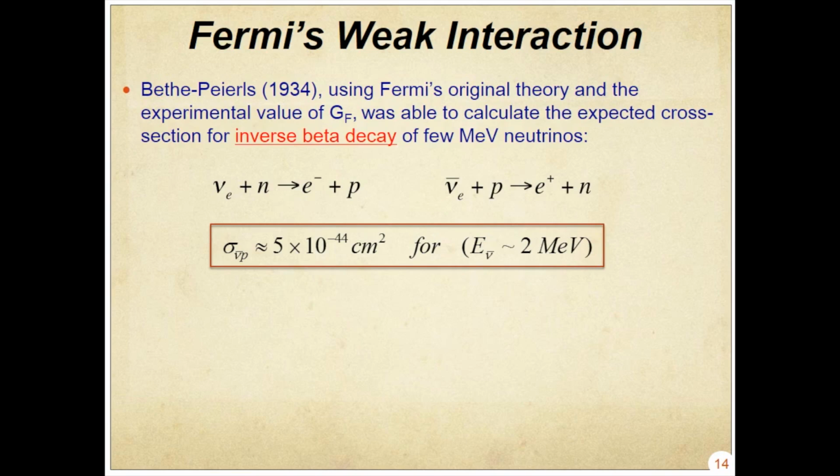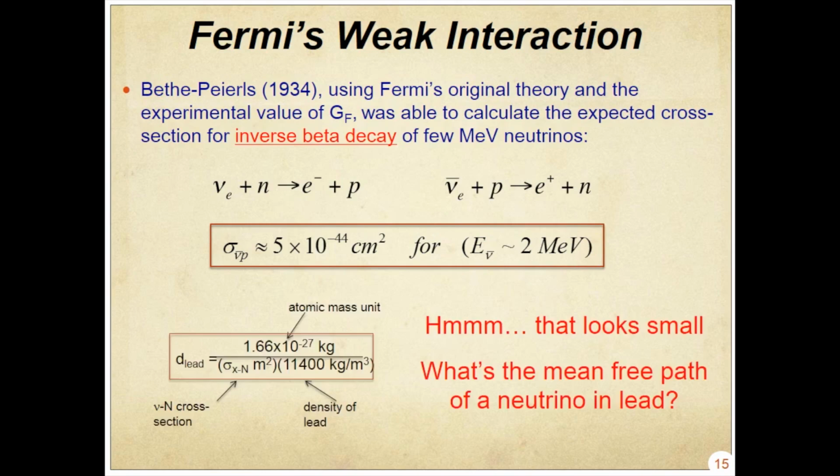So for a neutrino that comes from the sun or from a nuclear reactor, this is what we expect. So now I'm going to calculate simply what I'll call the mean free path. Given this cross-section and the density of lead, how much lead should my neutrino go through before it interacts on average? That's just putting some numbers into this formula and calculating this distance. So let's see what it gives us.